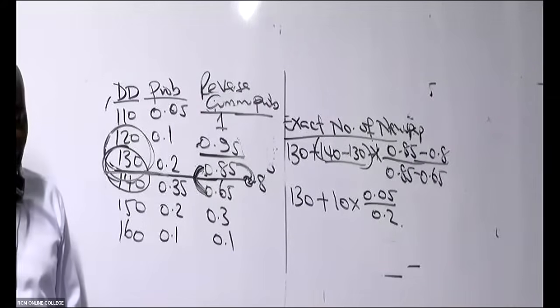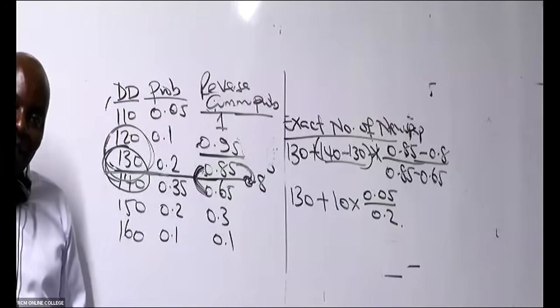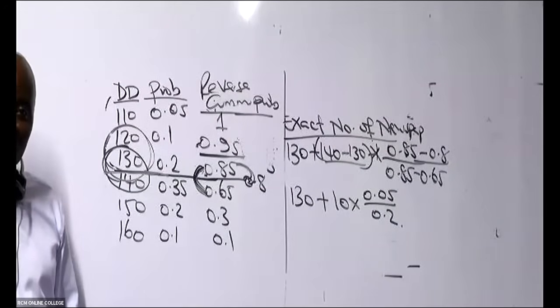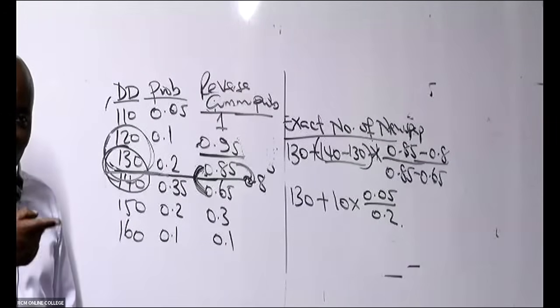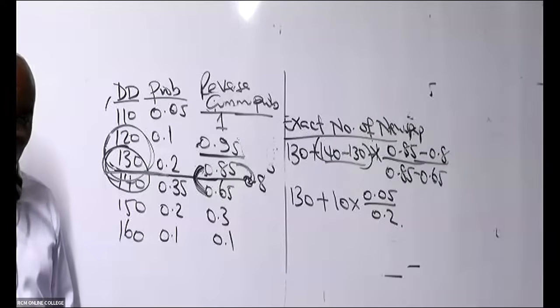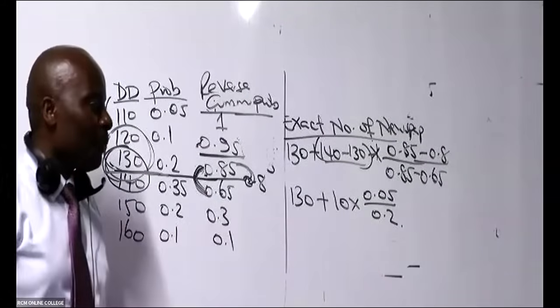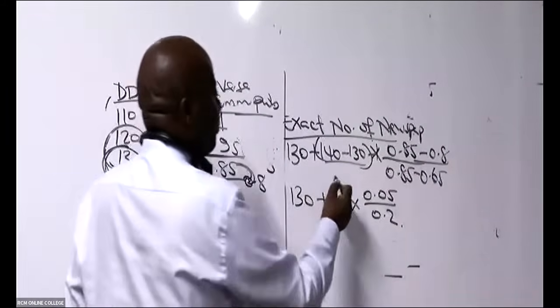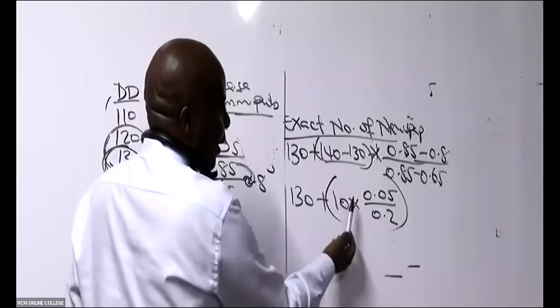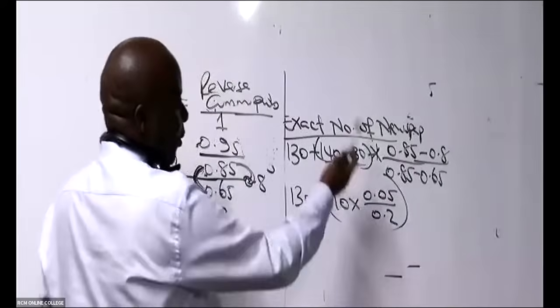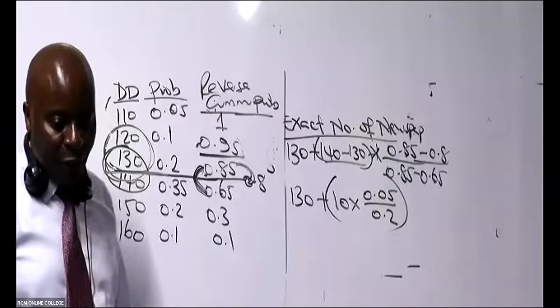This one, you'll always remember it because of the reverse. But of course, if you feel that the triangles are easier for you because maybe you completed high school the other day or you have done a degree in mathematics, you are good to go. All those are our methods. When you reach here, always remember to take the multiplication first: 10 times 0.05 over 0.2, and whatever answer we get, we add 130 to it.